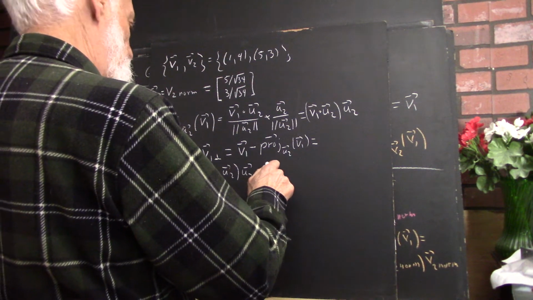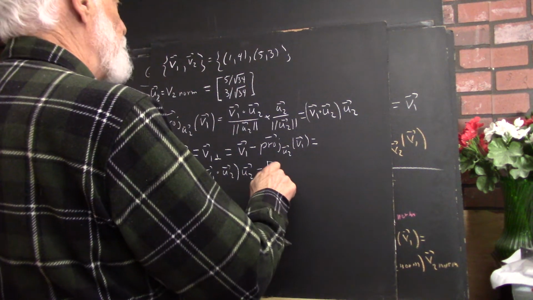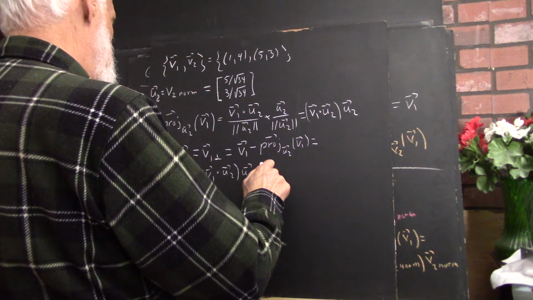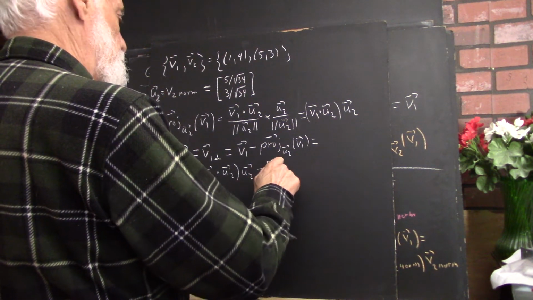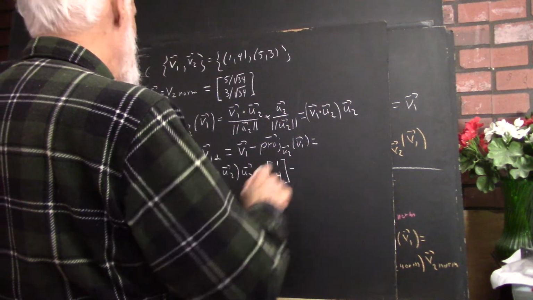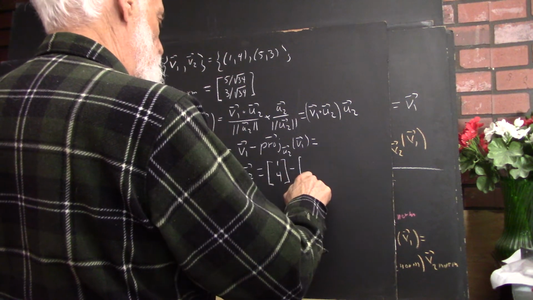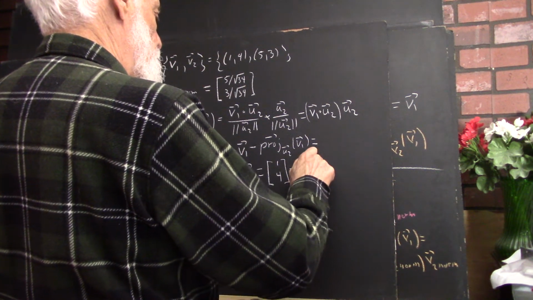Okay, so it's, go back to columns, (1, 4) minus (1, 4)